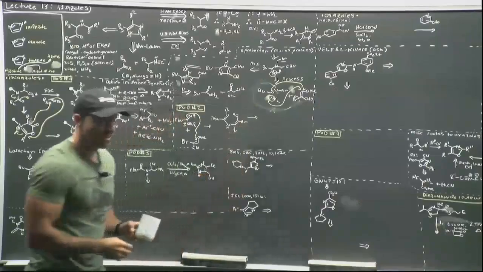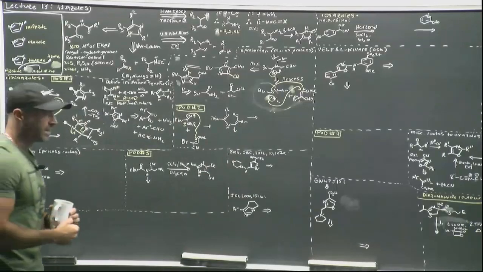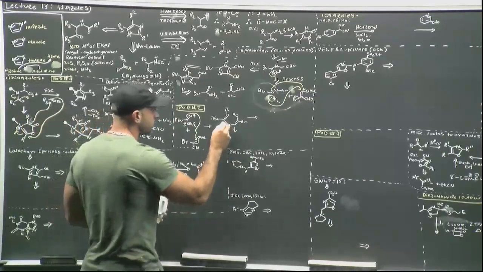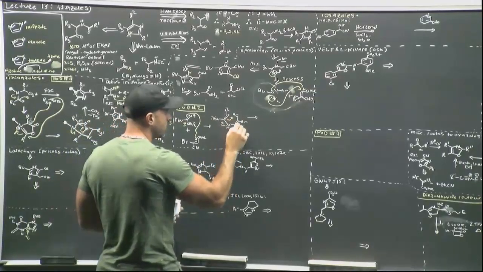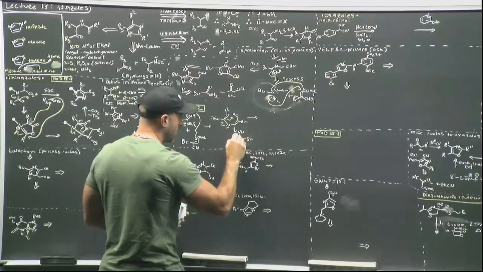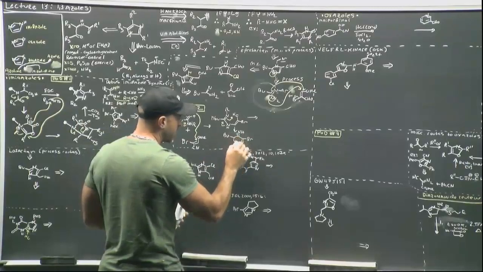And I guess something's going to happen to go one way versus another way, because we get 2 products. Well, you can have addition into the cyano instead of displacement. Would that give us our imidazole? It would give you diazonium. Would give us something like this, which would then